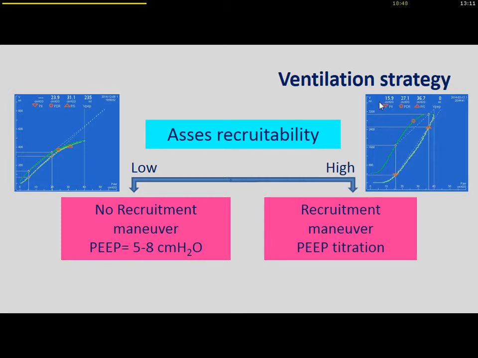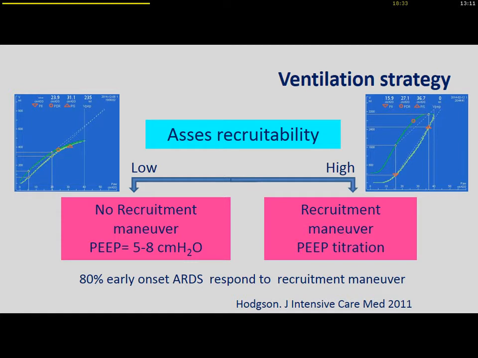Conversely, if we have a patient with a large potential for recruitability according to the PV curve, then we should perform a recruitment maneuver and titrate the PEEP to avoid derecruitment. According to this paper, if we consider early onset ARDS patients, 80% are recruiters and 20% are non-recruiters. But if you get the patient after several days of mechanical ventilation, then this number will probably decrease. So now we will speak about recruitment maneuver and PEEP titration for those patients who have a high